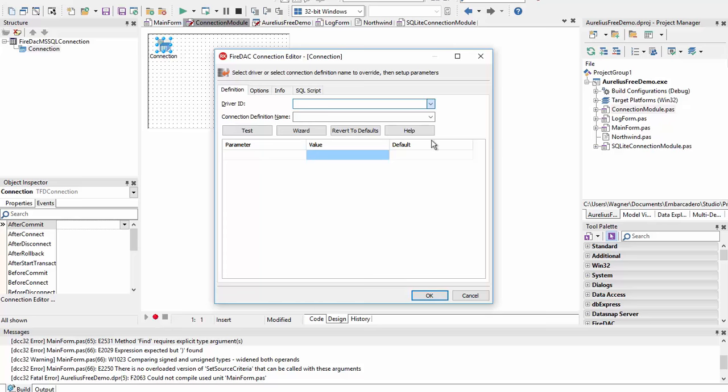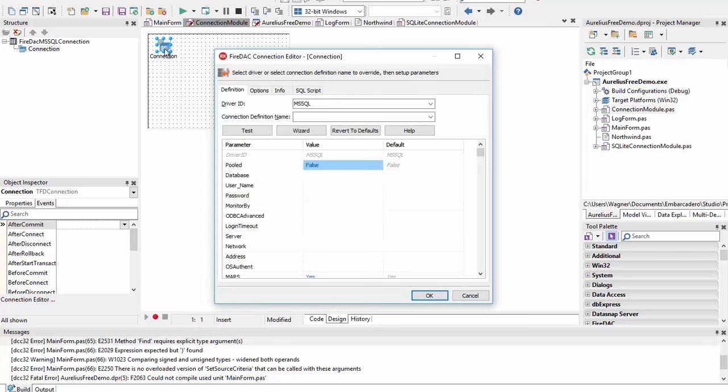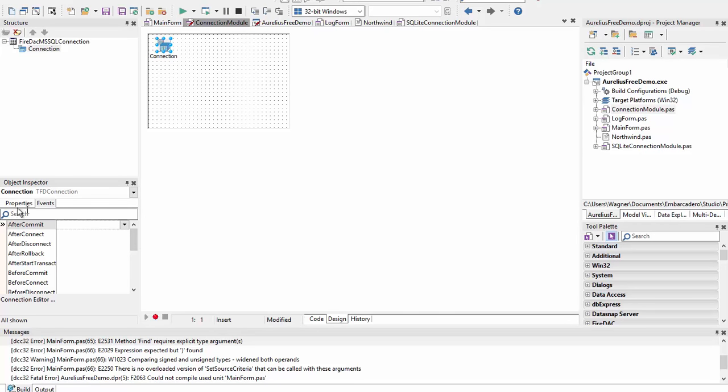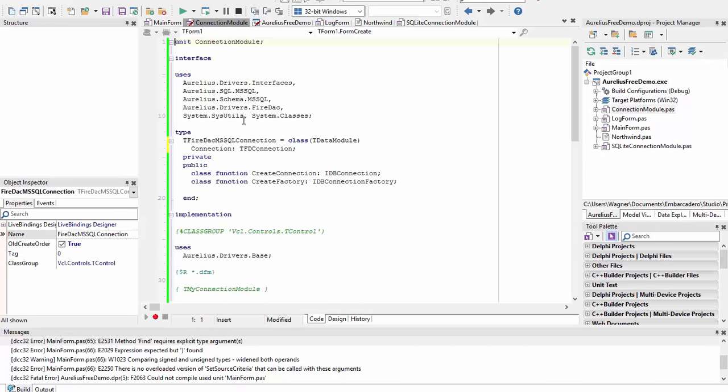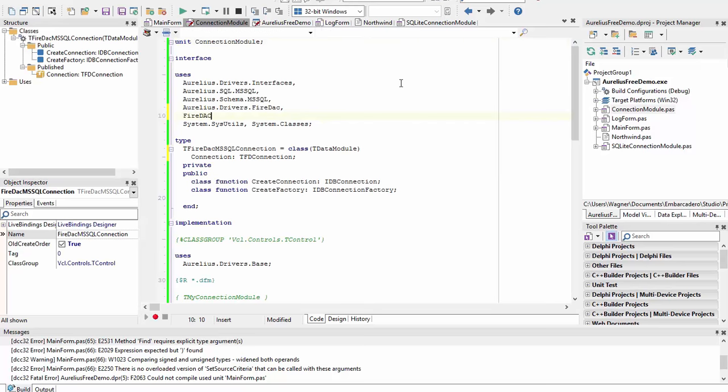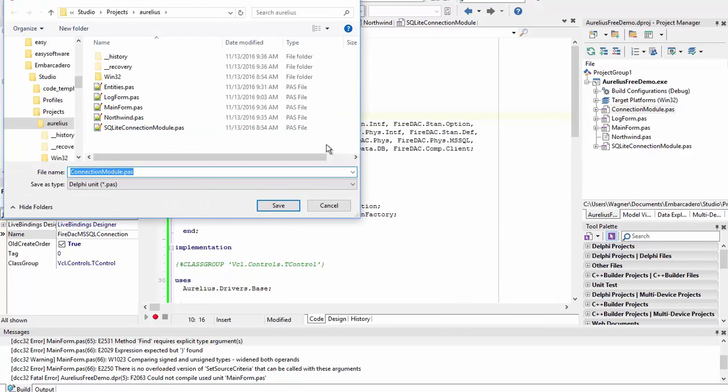Let's select the FireDAC SQL Server connection, and let's provide the connection settings here. The database is Northwind, the server, and authentication. Okay, our connection is working, and let's remove the login prompt and add a needed unit for our FireDAC. Let's save it, name it SQL Server Connection Model,